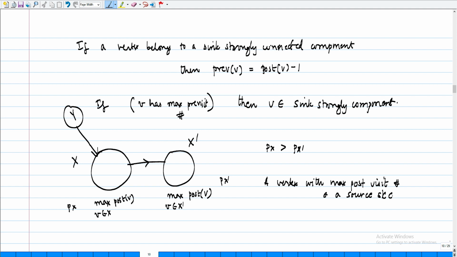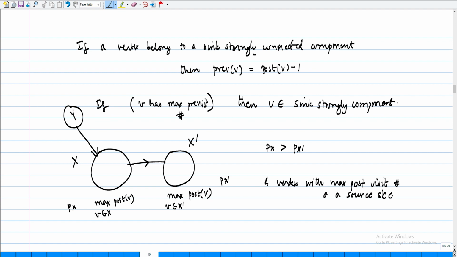It is a source strongly connected component. So in the reverse graph, the source will be the sink. Complement or reverse? Reverse, you are saying. You initially said reverse. Reverse always. The new graph, the source will be the sink. Very good. So now what he is suggesting is that you reverse the graph, and the reversed graph has this